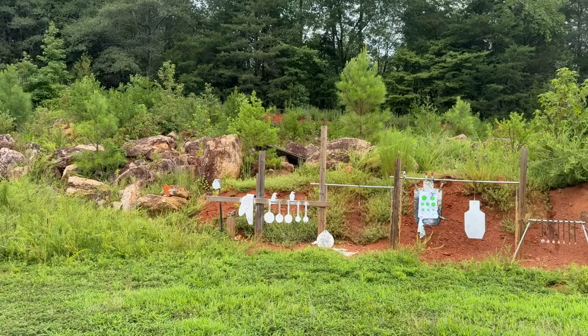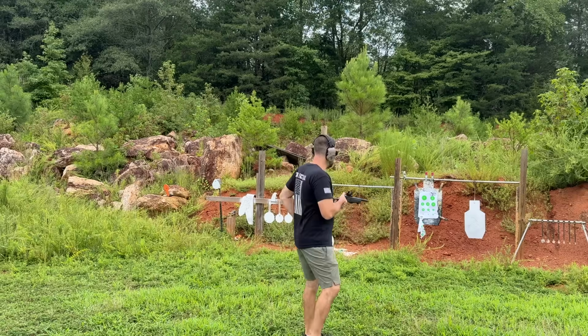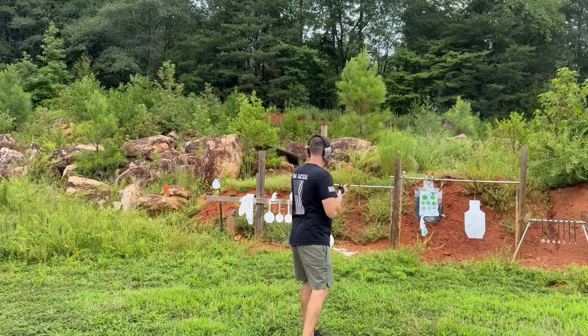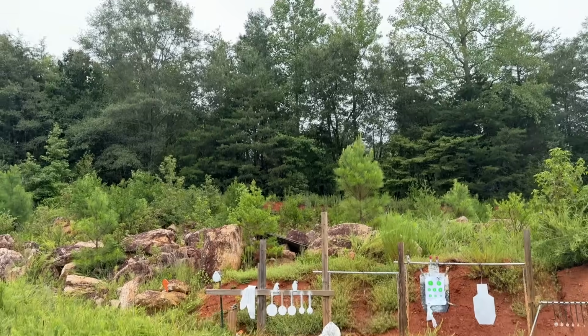All right, guys, now we're going to be doing the spread test at 5 and 7 yards with number 7.5 birdshot. Let's take our first shot. Oh, I actually have to stop and show you guys the results on this one because the spread is pretty big